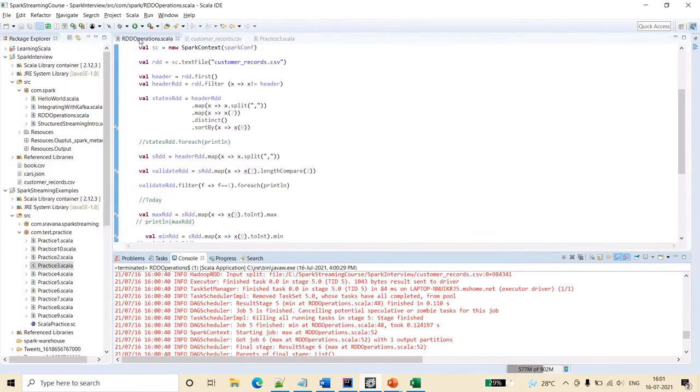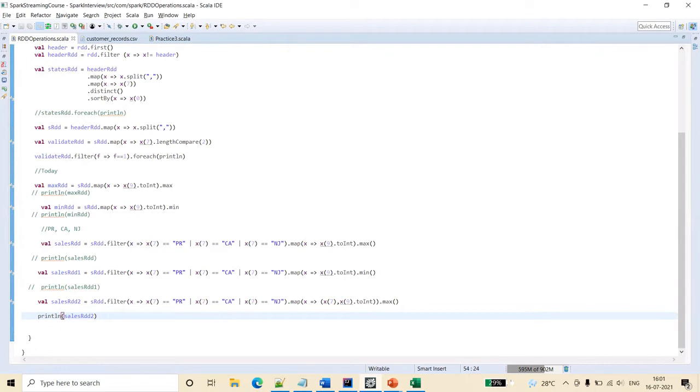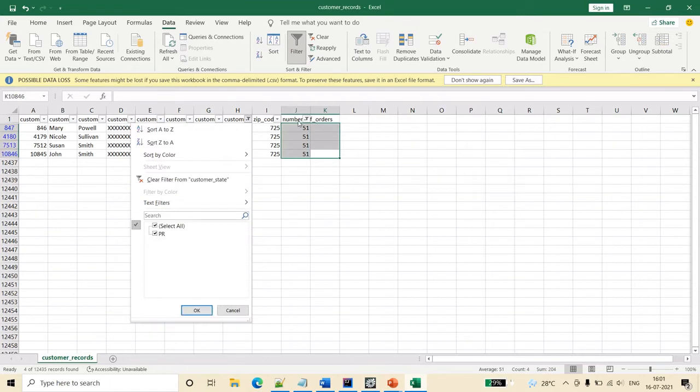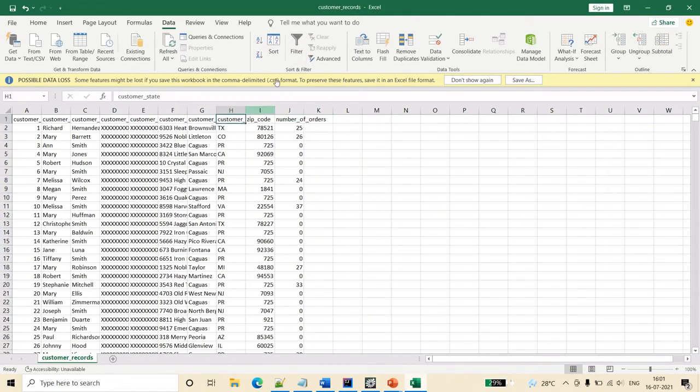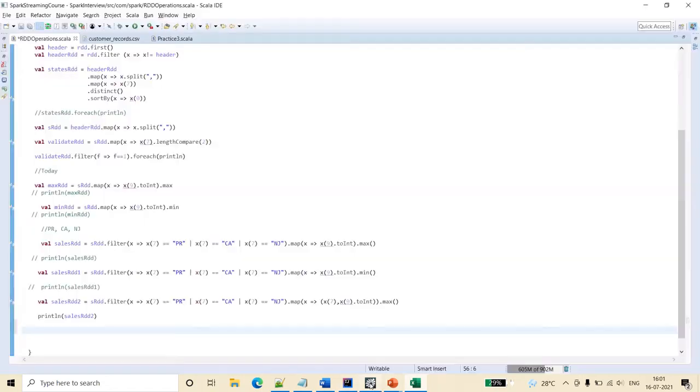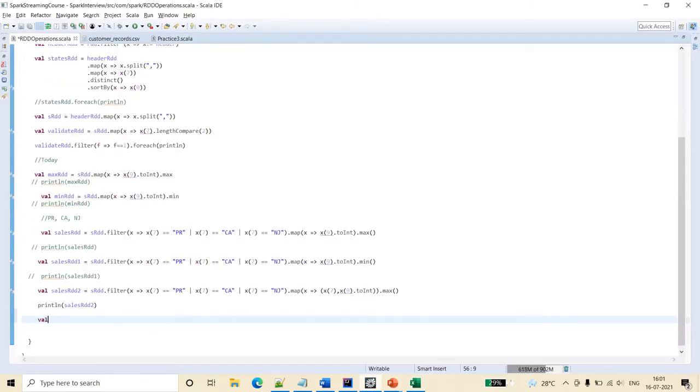So now let's see, because here we have so many states, right? Out of these, if we wanted to see what is the maximum value for each state, like what is the maximum value in AL, what is the maximum value in AR, let's write the code for that. So I am creating another RDD.